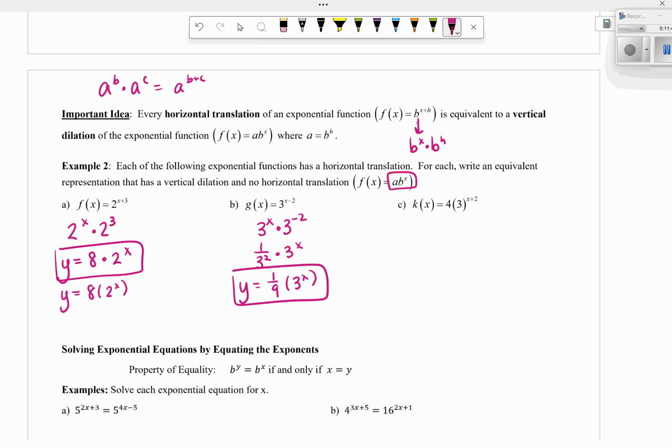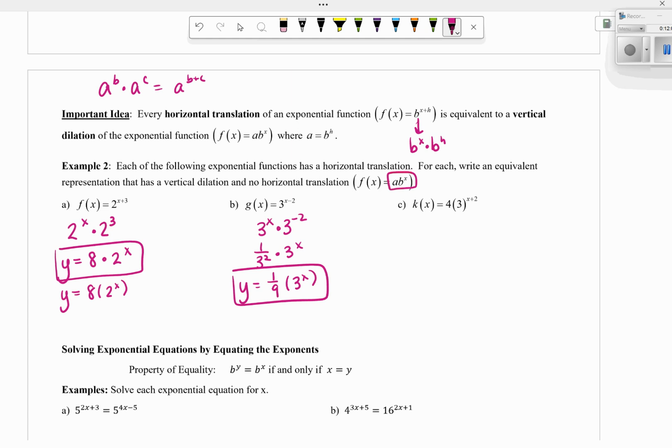So for the, going back to the first one, this would be moving our graph to the left 3. So then the vertical stretch by a factor of 8 would give us the same graph. Here, moving to the right 2 for a base of 3 would be the same thing as a vertical compression